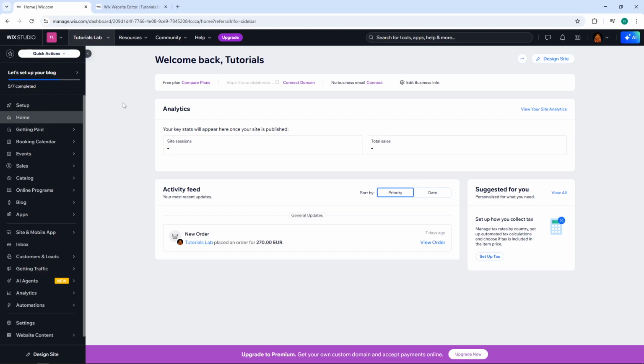Today I'm going to show you how to invite a collaborator to your Wix website. This is incredibly useful when you're working with team members, designers, or clients who need access to help manage or